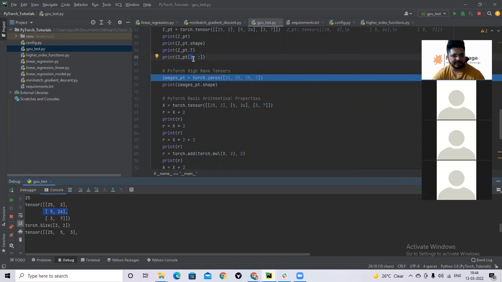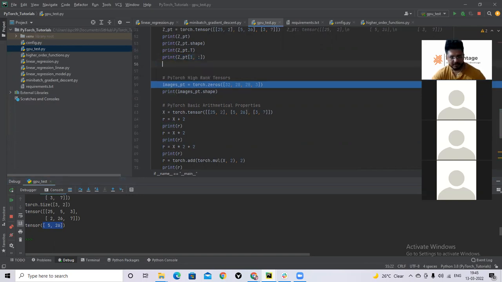I gave the index of the row, and in the column I gave all. That means return the first row for all columns, and it gave me the output 5 2 6. Similarly, if I do it for the transposed matrix, what will be the output here? Can anybody say?